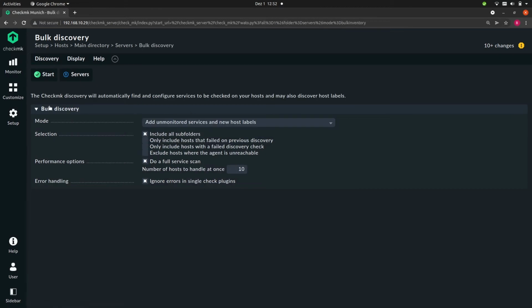When you click it, you'll see a screen similar to what you saw before. The only change is that there is a new checkbox, Include all subfolders. And if you check this, it will perform the service discovery recursively. So if there were any subfolders here, then it would also do the service discovery for all those subfolders.